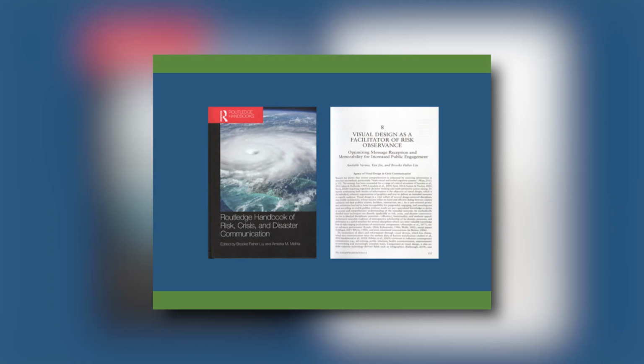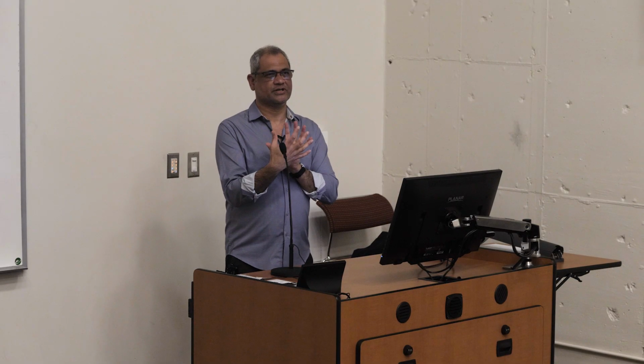And then I started sort of networking around the university and talking to people in the sciences and saying, I have this approach, would you be interested? And I was put in touch with Professor Yan Jin, who is in Grady, and we had several sessions where we were brainstorming, and she said, oh, you know, I have this book coming out, and I think this would fit very well in it. So we wrote a chapter together along with one of our other colleagues as a way to propose a new strategy for framing crisis information, crisis communication, or crisis advisories when communicating with the public acquires a new dimension of urgency.